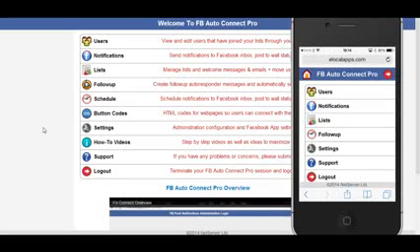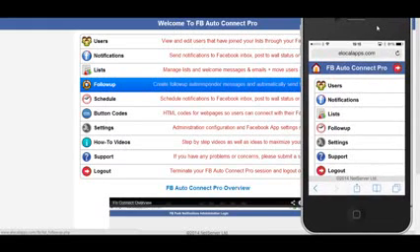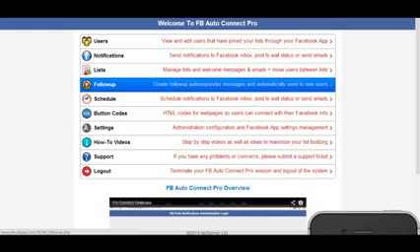In this video we're going to look at a fairly quick overview of the main features of our system. Now you're currently looking at the web-based version of FB AutoConnect Pro. As you can see, we also have a full mobile version, so if you want to send a message while you're out of the office, you can always log in to your script with your cell phone and send any message, set up a follow-up sequence, or anything you really can do on the web version you can do on your cell phone. So I'm just going to close that down and move it down to the bottom of the